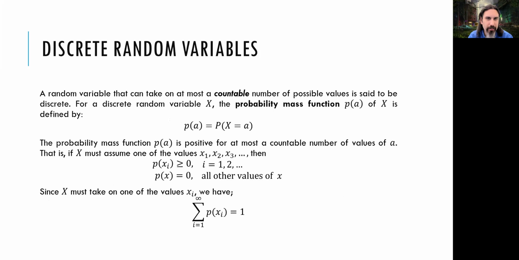Now, in this week's chapter, we are going to talk about discrete random variables, non-continuous, okay? Discrete. They have a countable number of possible outcomes. They might be infinite, but still they are countable. Now, for a discrete random variable, we will talk about the probability mass function, PMF. It's going to be shown as p(a), and it's defined by this equation. The PMF of X at the value a is calculated with the probability that X is equal to a.